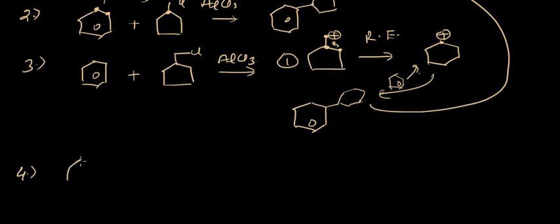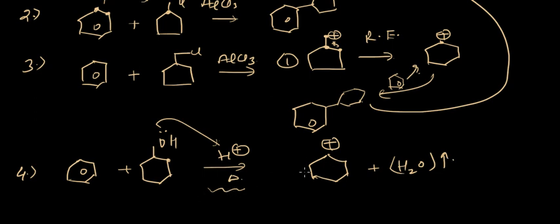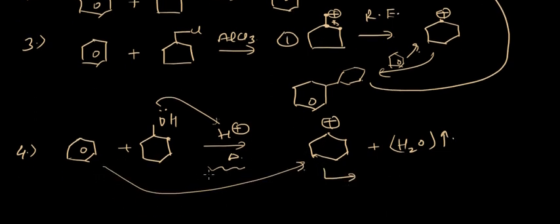Okay, we have something like this, and we have a secondary alcohol attached on cyclohexane in acidic medium and we heat it. What actually happens? This reaction is similar to Friedel-Crafts alkylation except that the reagents are different. Again, alcohols and ethers are stable in basic medium, not in acidic medium. Hence, this will attack the H plus and get converted into H2O, which will eventually vaporize because of high temperature. And this benzene ring would actually attack this positively charged cyclohexane carbocation,